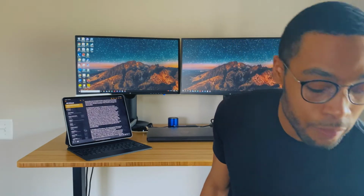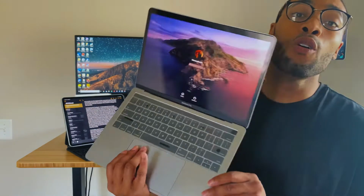Second is the keyboard and trackpad. Now, with this Magic Keyboard, you're getting the same keys that are on the 2019 16-inch MacBook Pro. Now, if you're coming from one of these older MacBook Pros that had the butterfly keys, this is a welcome change. I've never personally had any problems with my 2016